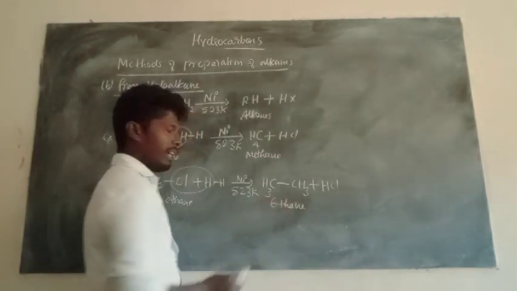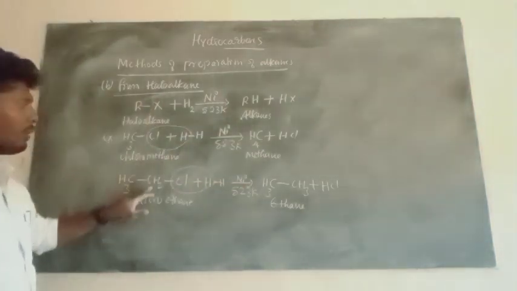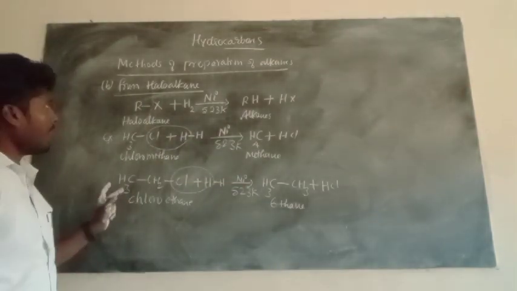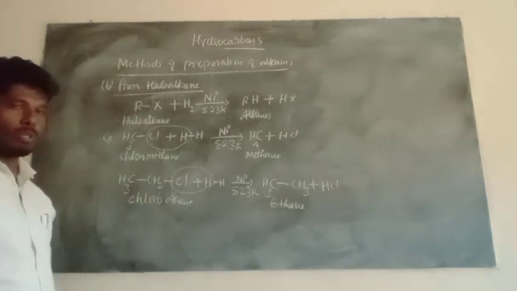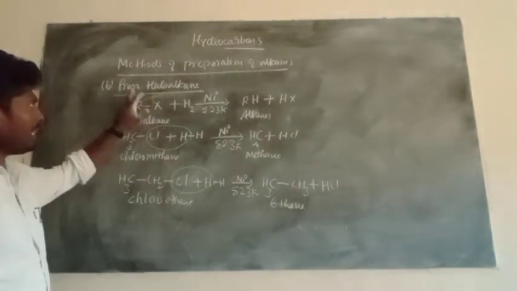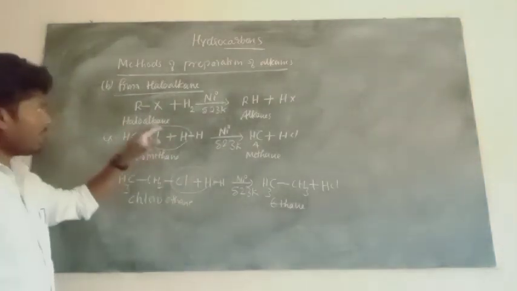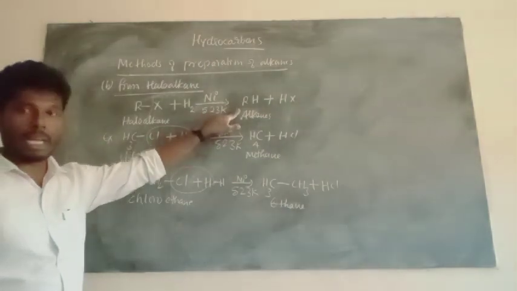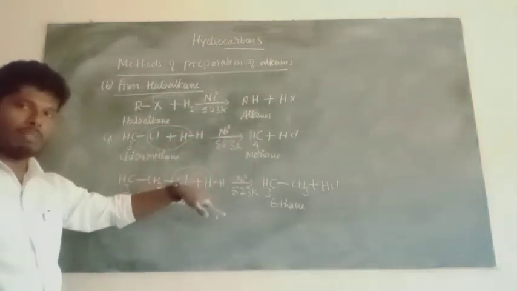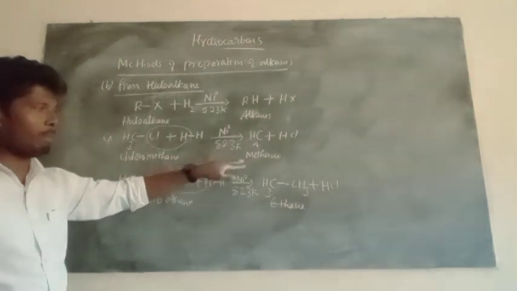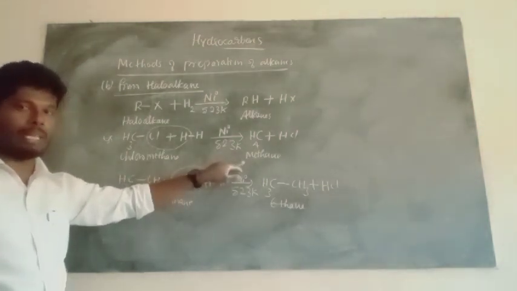So in this way we are preparing what? Alkanes from haloalkanes. Okay. There is one more method in haloalkanes that we call Wurtz reaction. Similarly, from haloalkanes again we can prepare alkanes. In this method we are preparing what? Lower hydrocarbons, that is methane. So the next method we call Wurtz reaction, where we cannot prepare the lower hydrocarbon alkane, that is methane.